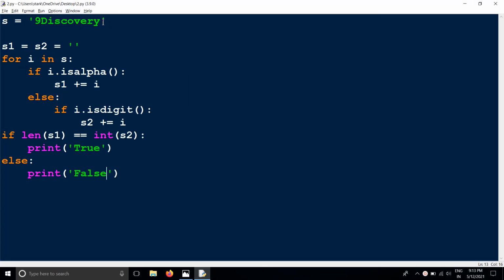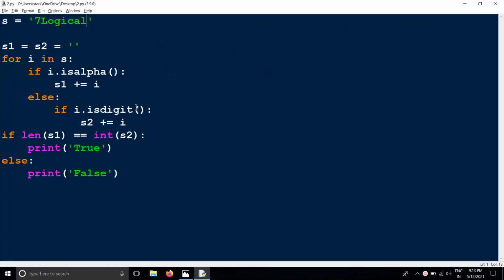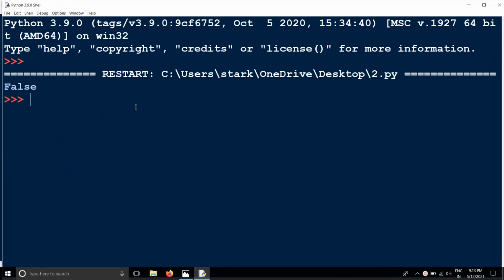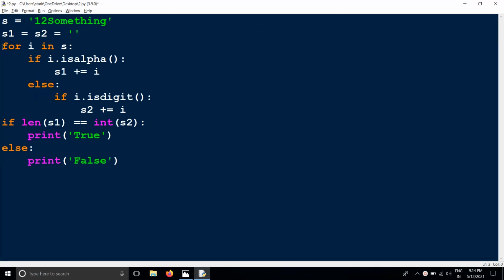For example, if I take here 7logical, for this one also we have to get the output as true. Here, true. For example, 12something, we are getting false. We can do this one like this, or we can do it using functions also.